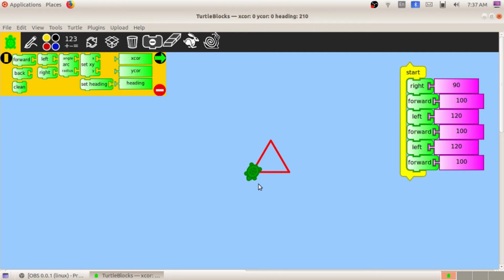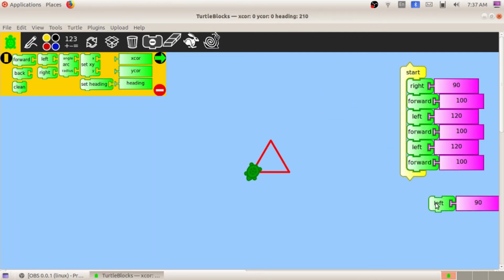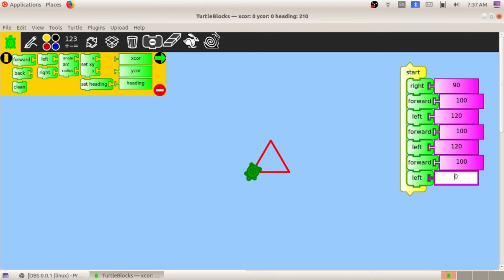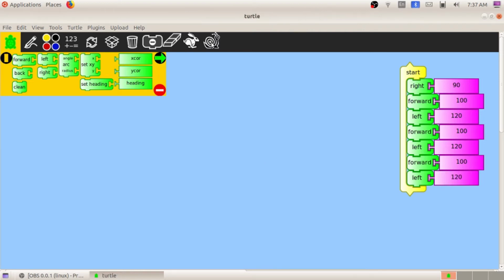You just think about it. Why 60? If he turns 120, then he will be moving in this direction. I'll show you. Suppose he turns left 120, and you just check it. Then it will be very clear to you.